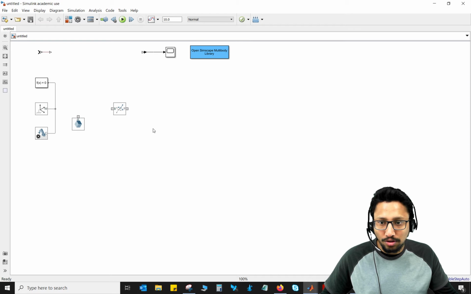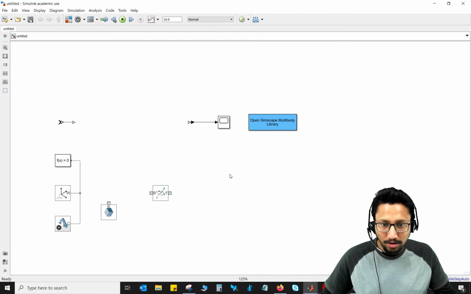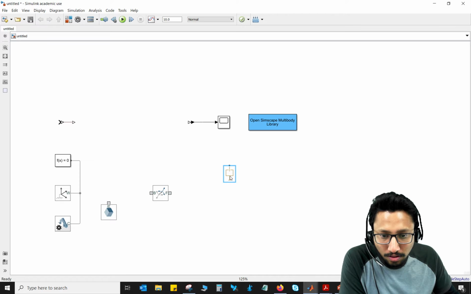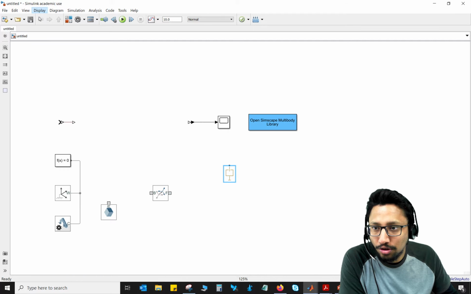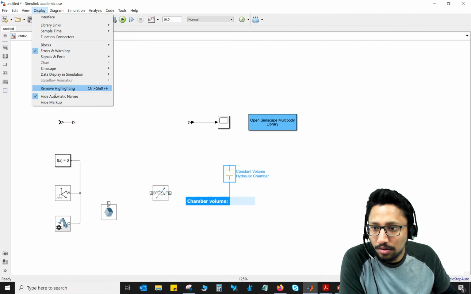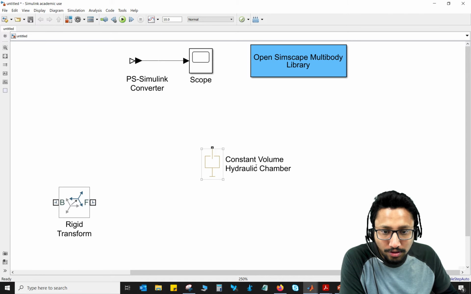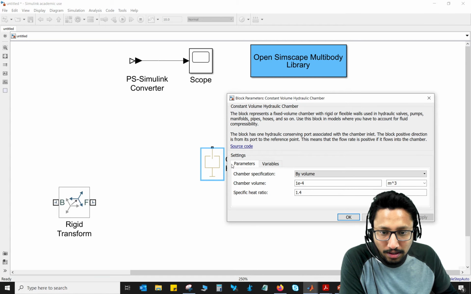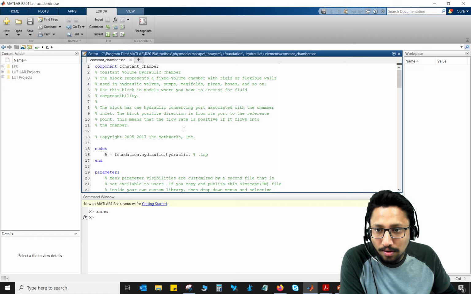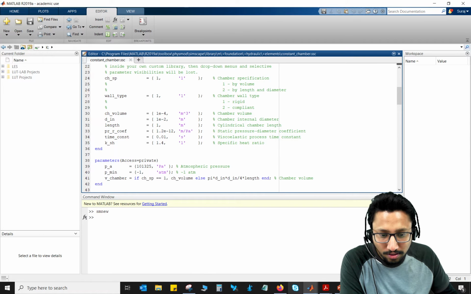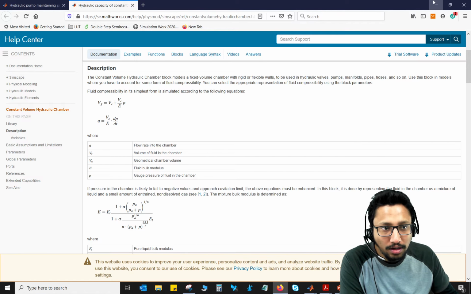So if you search, for example, constant volume hydraulic chamber, double click this, click source code. This is basically a .ssc file, as you can see, and it shows how it has been modeled using the equations that are given in this website.